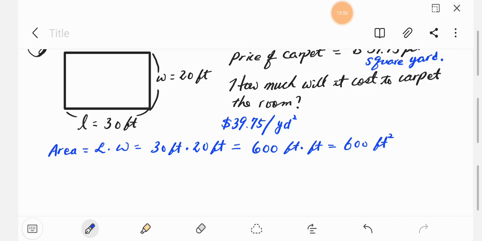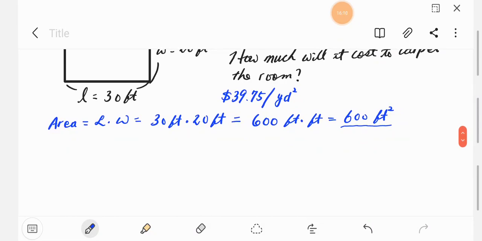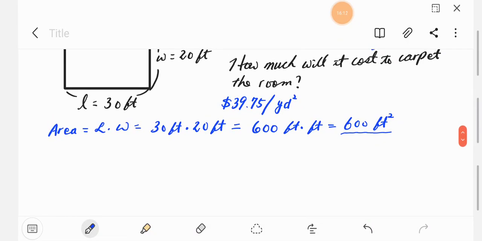So we need to convert this 600 square feet into what? Yard, right? Square yard, so that we can find the cost. All right, so first let's convert this 600 square feet into square yards. So this is equal to what? So this is equal to 600 square feet over 1 times